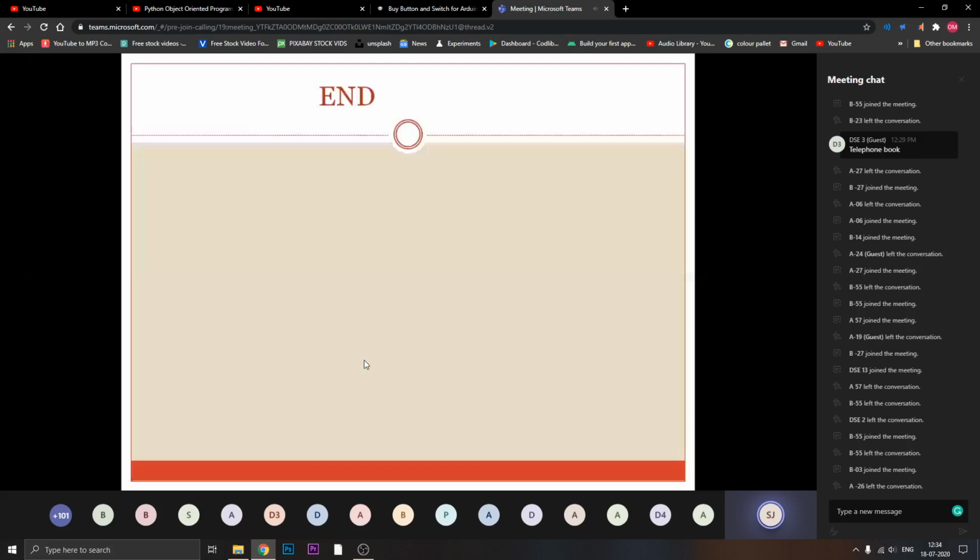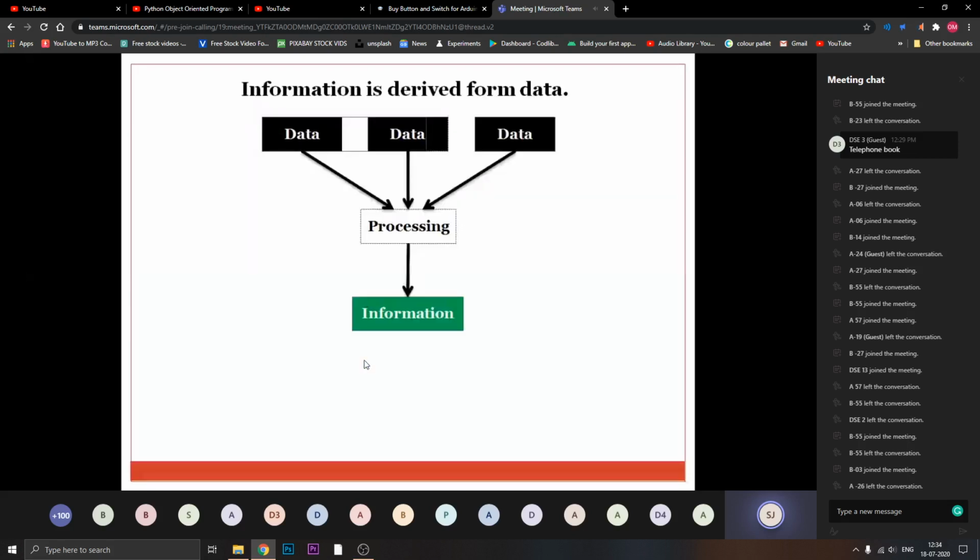So quickly I'll go to the first slide where your syllabus is. Is the syllabus visible? Yes, ma'am. From the first chapter we discussed what is data, 4 or 5 data types, the definition of data structure, and types of data structure.